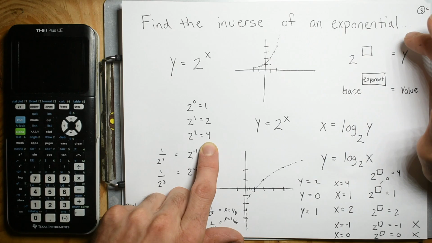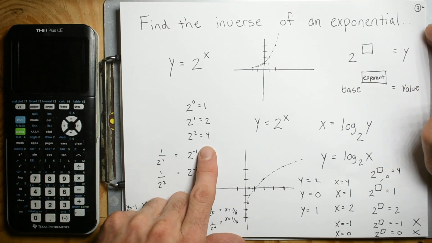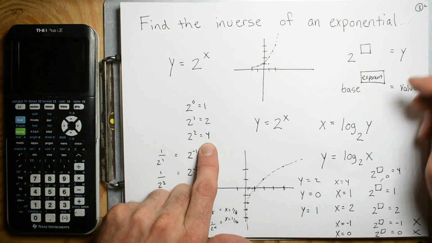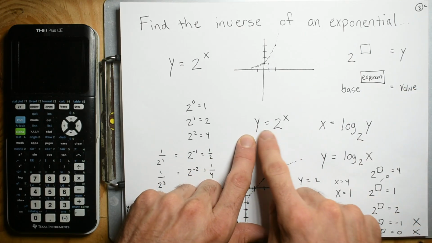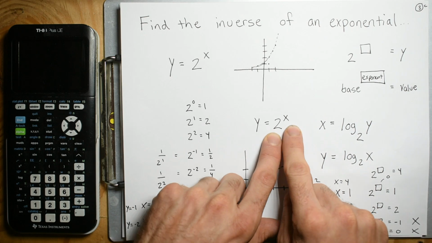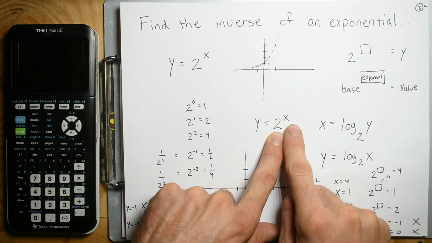Oh, this is tripping me out. Alright, let's just say it. So this is the inverse. If you have y is equal to 2^x, your inverse is